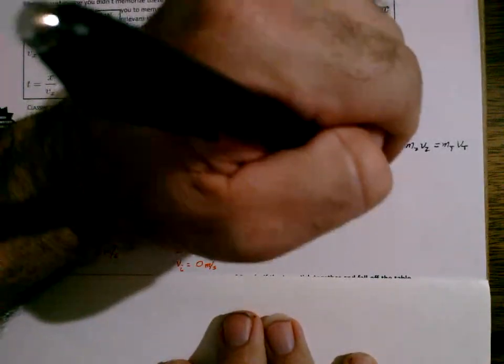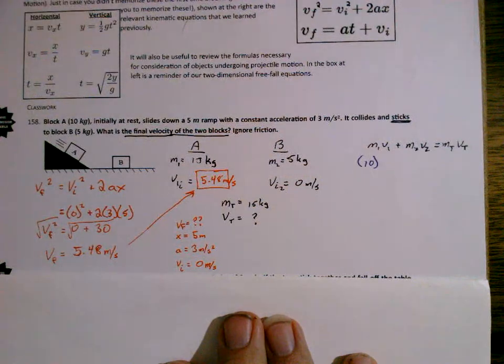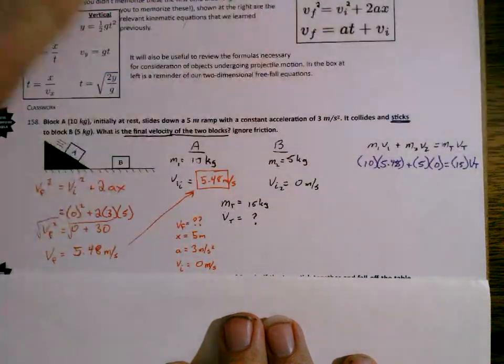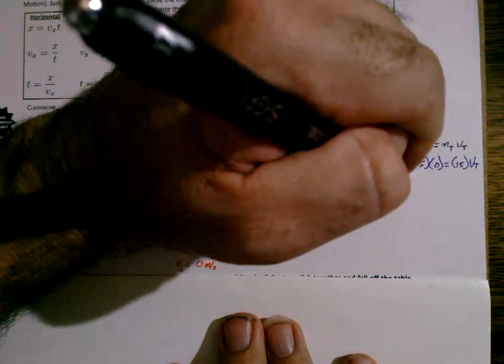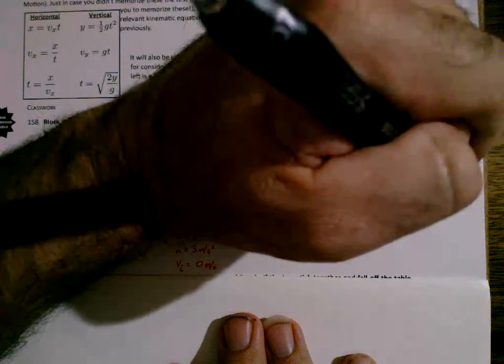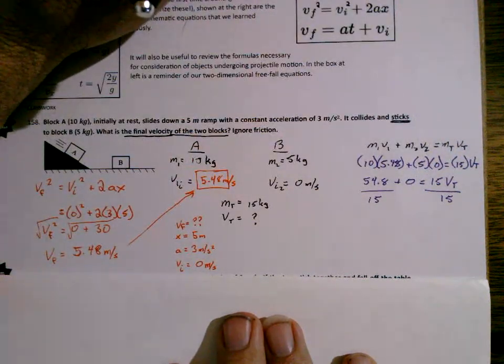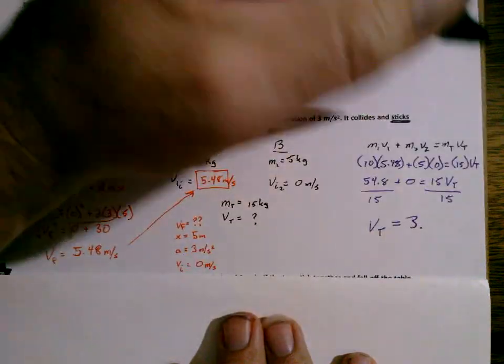Now we can go ahead and plug our numbers into our momentum equation. So in this case, 10 kilograms times the velocity of 5.48 meters per second plus 5 times 0 equals 15 times final velocity. So 10 times 5.48 is 54.8 plus 0 equals 15 VT. Divide by 15. And 54.8 divided by 15 is 3.65